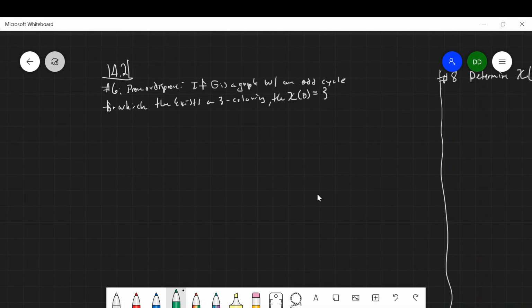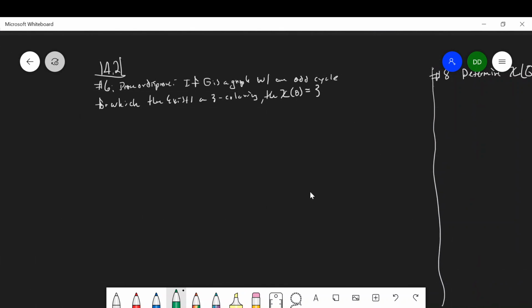All right, 14.2, prove or disprove. If G is a graph with an odd cycle for which there exists, so we're on to colorings now, a 3 coloring, then chi of G is equal to 3. So I want you to recall a couple things for this one. So recall,